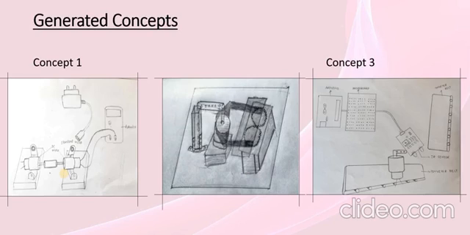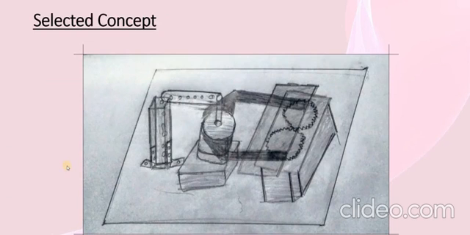In concept 3, two conveyor belts are used. Here initially the RPM of the DC motor will be calculated by using the IR sensor, and based on the RPM of the DC motor, torque will be calculated. After the calculation of torque, the DC motor will fall on the second conveyor belt, and the conveyor belt will rotate in a clockwise direction for one torque value, and in an anti-clockwise direction for another torque value. In this way, sorting of the motor takes place. Among all the three concepts, we have selected concept 2 for our execution.